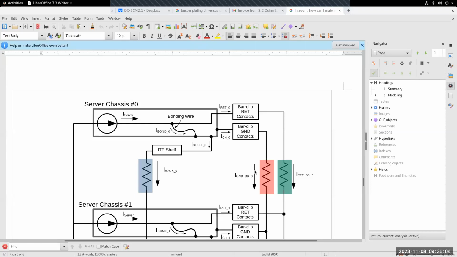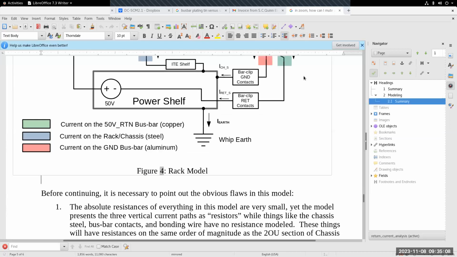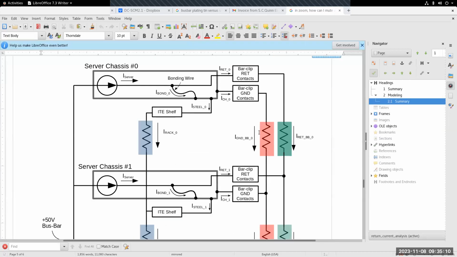Joseph, sorry to interrupt. I've got a black screen. I don't know if Harry, have you got the same, or can you see what Joseph's sharing? No, we can see it. We can see it. Okay, it must be my connection. Ignore me. Sorry.